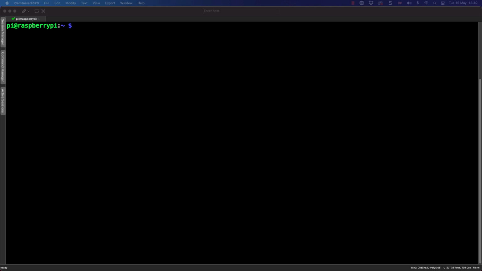Now, the first thing to understand is, what does grep do? Well, grep is a command line utility in Linux or other Unix-like operating systems, and it's used for searching and filtering text based on patterns. The name grep itself stands for Global Regular Expression and Print. The primary purpose of grep is to search for lines in one or more files that match a specified pattern or regular expression. It reads input either from files or from standard input and outputs the matching lines to the standard output of your console.